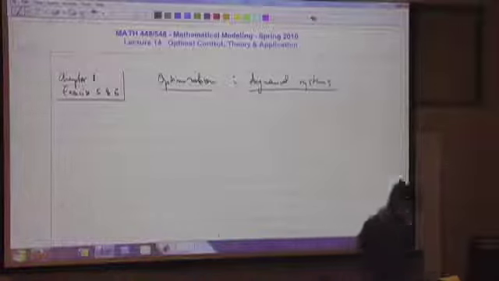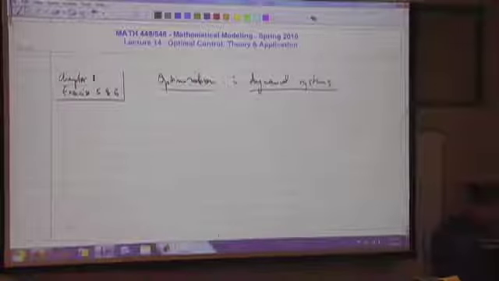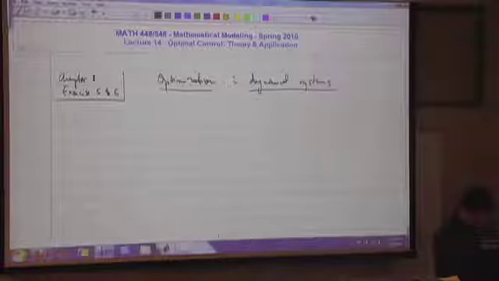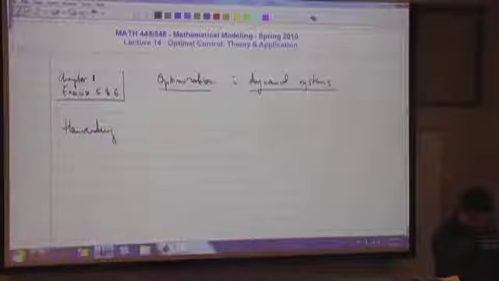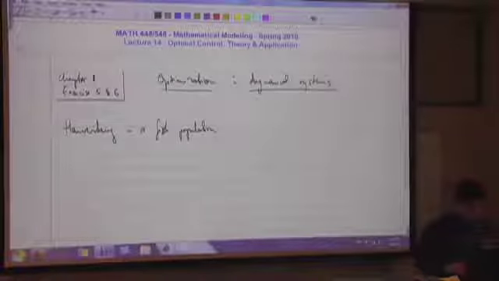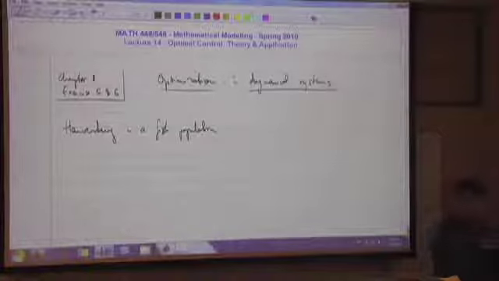Okay, so let me give you the first example and it's pretty much related to chapter 1, exercise 5 and 6. So imagine that we have a fishing or harvesting in a fish population. I'm going to use the terminology in that exercise. So they're talking about fin whales,